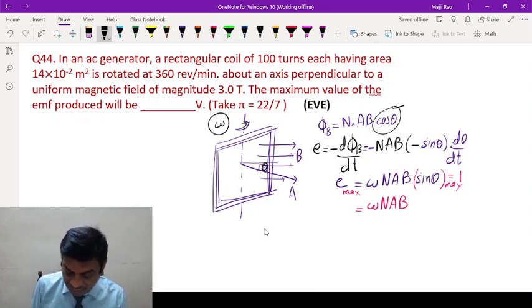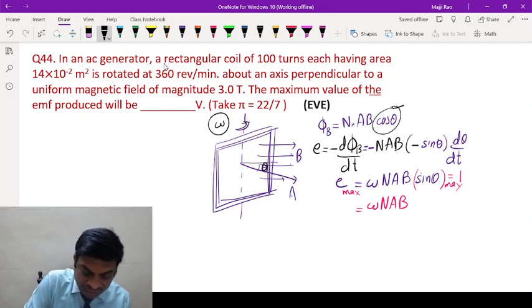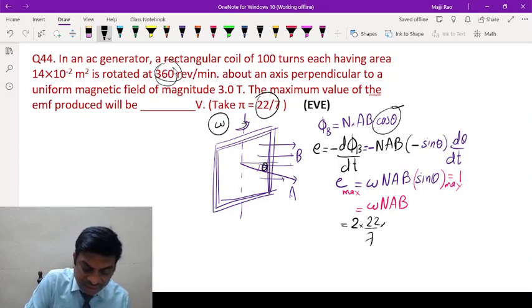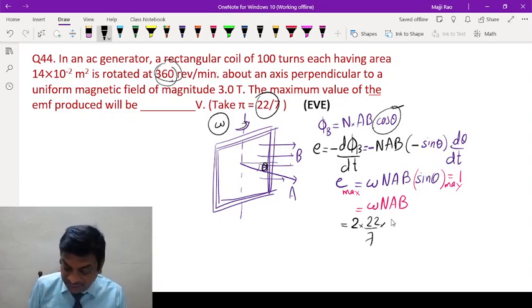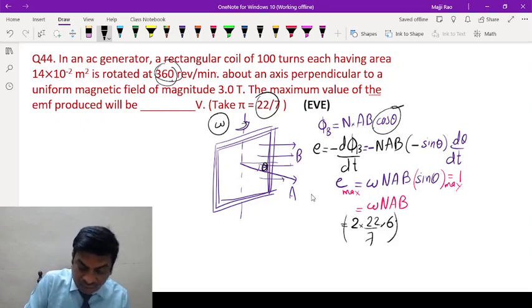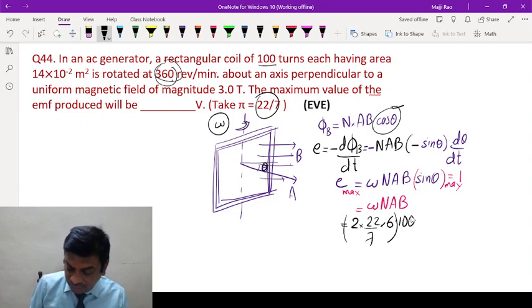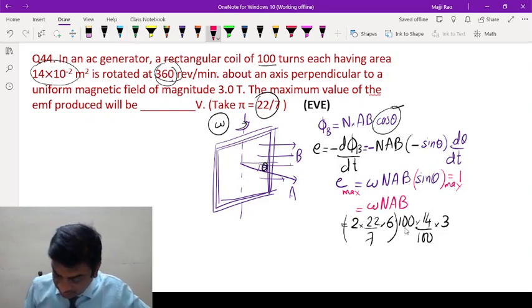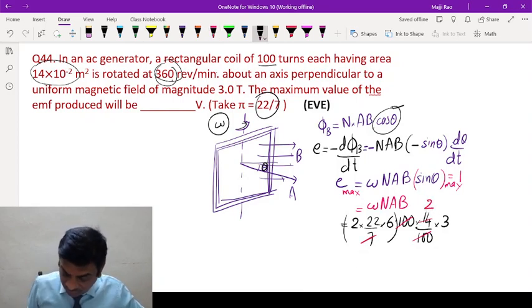So it's a matter of substituting the values. Omega is 2 pi f. Since frequency is given as 360 revolutions per minute, per second it is 360 by 60, that is 6. So this much radian per second. Number of turns is 100. Area is 14 into 10 power minus 2, and magnetic field is 3. So let us cancel 100 and 100 here. Now 7 2s are 14. So we are left with